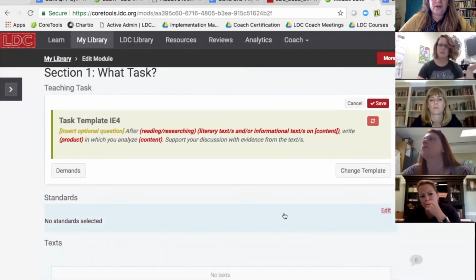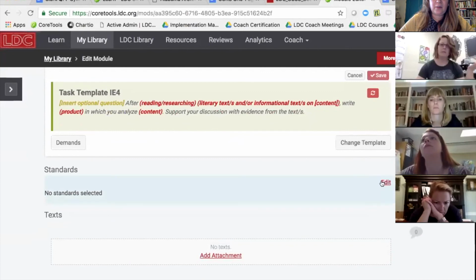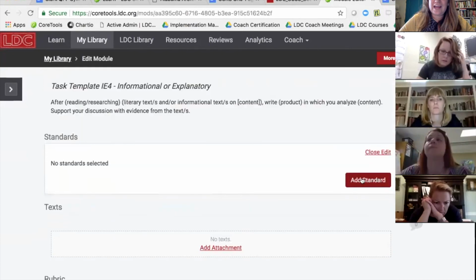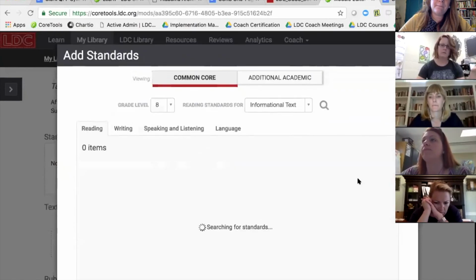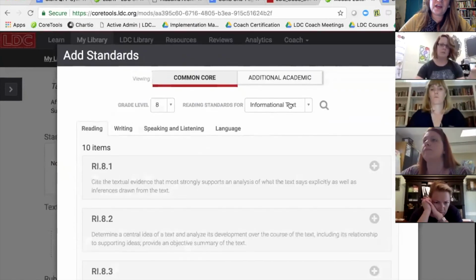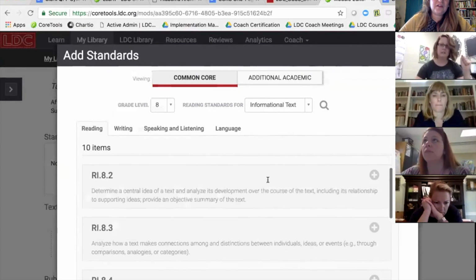Now, I can go here and add my standards. I'm going to click Edit. And when I click Edit, I'll get my ability to add standards right here. I'm going to click the Add Standards button. Now, I'm using an informational text, so I want to make sure I'm looking at the informational reading standards. And so if I'm an 8th grade teacher,